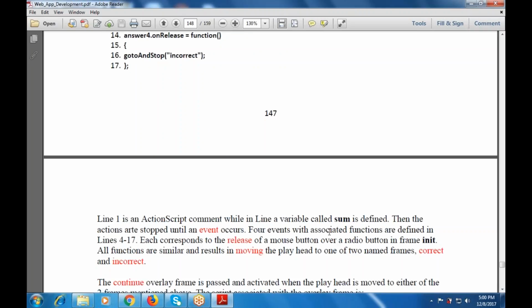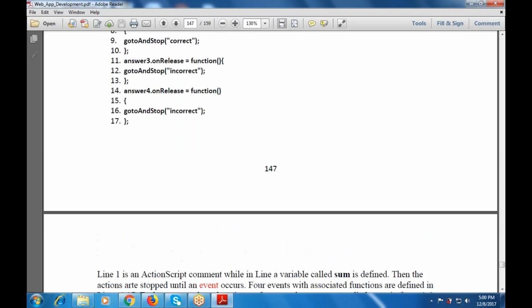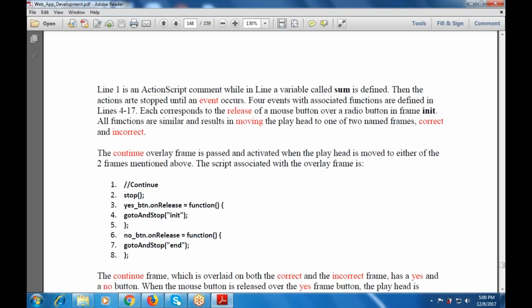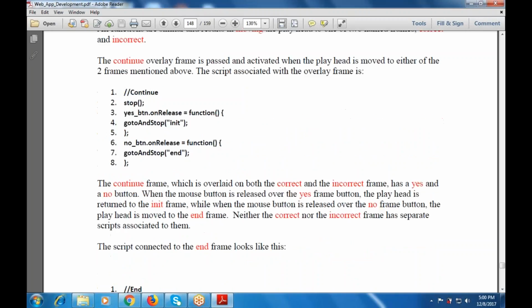These are the ActionScript commands used with a line in which the function is defined. Then the actions are stopped until an event occurs, and the 4 events with the associated functions are defined in lines, and each corresponds to the release of the mouse button or a radio button that is available within the frame init. All functions are similar and move the playhead to either correct or incorrect. So this continue frame will be activated and moved to either of the 2 frames. Now this is the